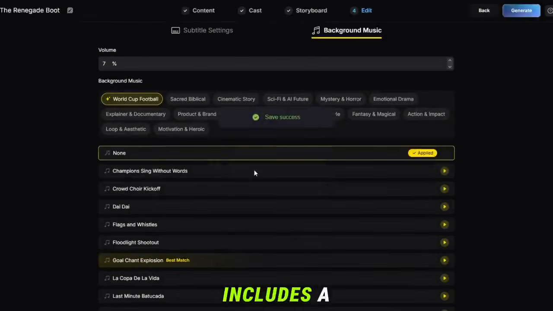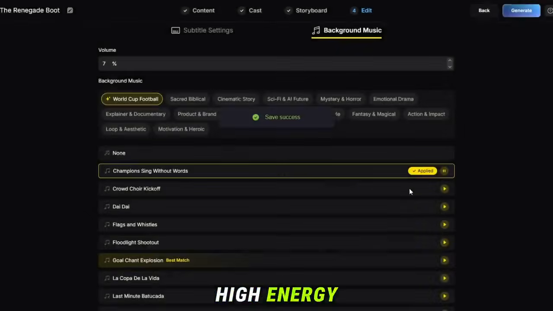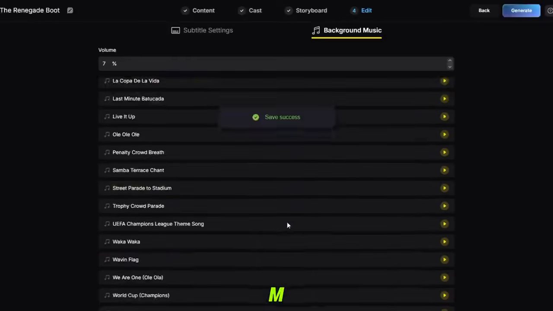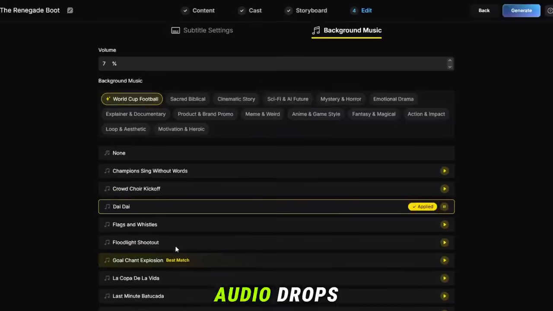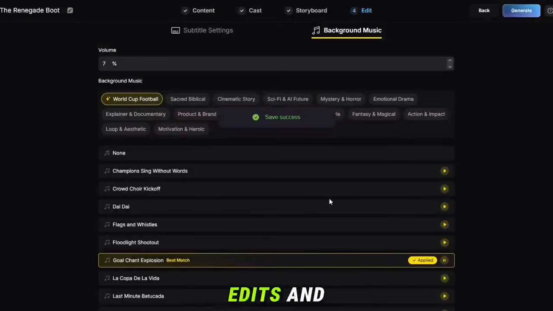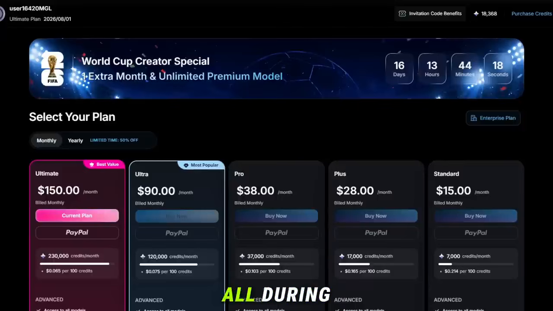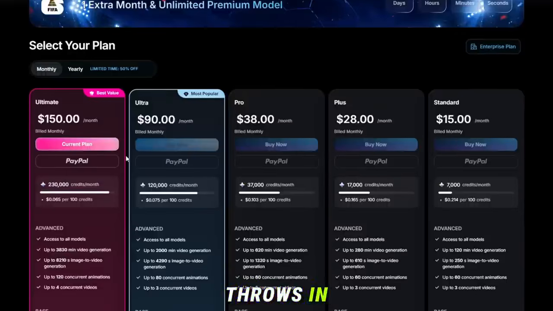The update includes a brand new library of high-energy World Cup music and BGM. These tracks are engineered with dynamic audio drops designed specifically for dramatic goal moments, intense highlight edits, and fast-paced match clips. Best of all, during this event season, when you purchase a subscription plan, MagicLight throws in extra credits for